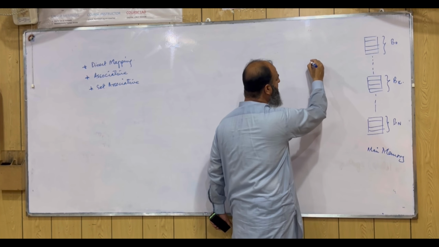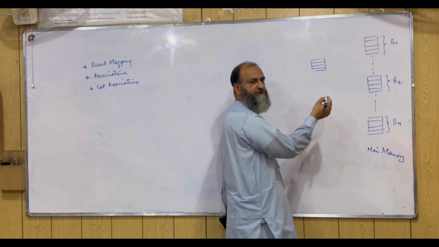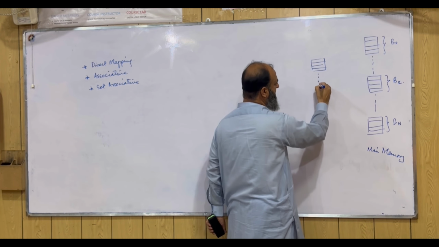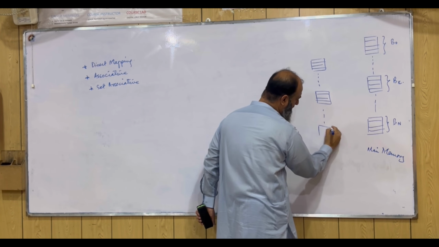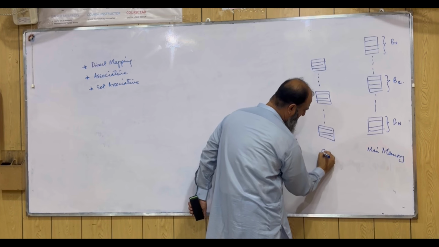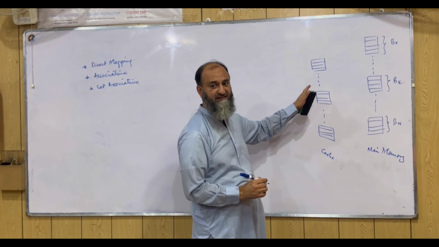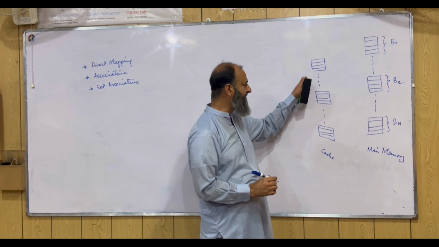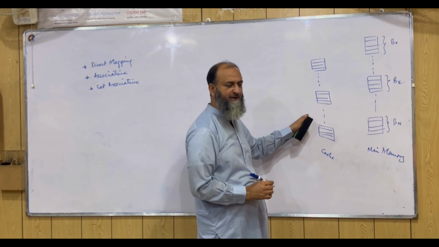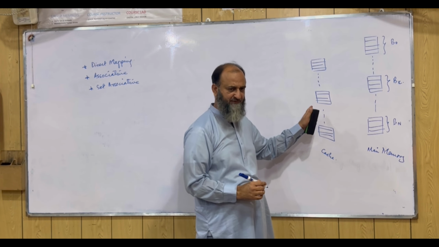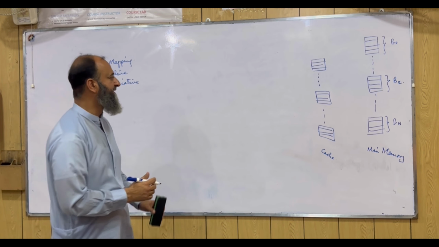And over here we have the other intermediate memory, said to be the cache memory. Again, it is going to be divided into blocks. उसके अंदर भी blocks हैं, and we have fewer blocks here. The blocks of the cache memory, इसको कहा जाता है lines rather than a block. So the lines are fewer than the blocks of the main memory. So we have a few lines within a cache, and the capacity of each line is equal to the capacity of the block in the main memory. ठीक है जी.